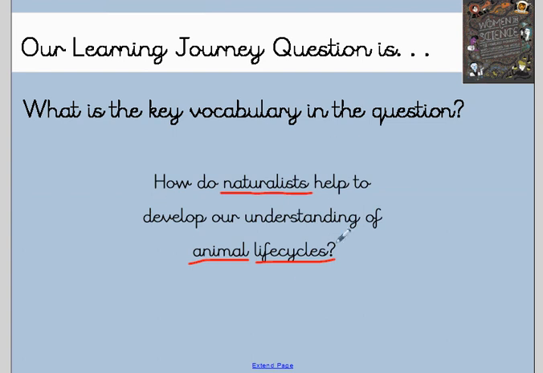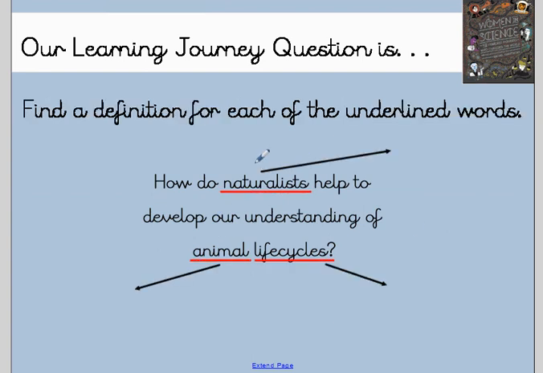how to present this type of work. Okay, nice banner with our learning journey question in, and then we're going to be having the definition of each of these words. You might want to give some examples of some of these things if you would like, okay, just to help us really understand what we are looking at. What is the work that we are looking at? How is it going to fit together? Okay, so you know how to present that.